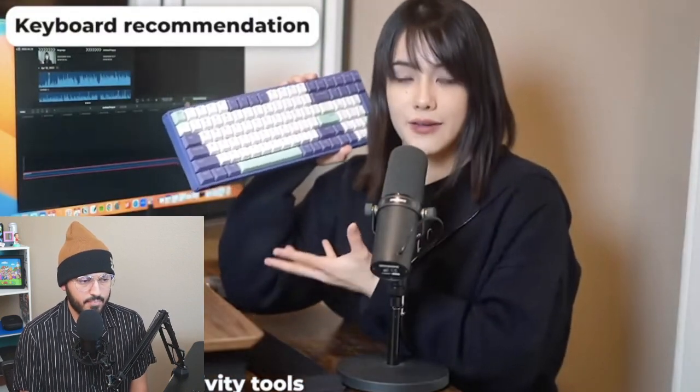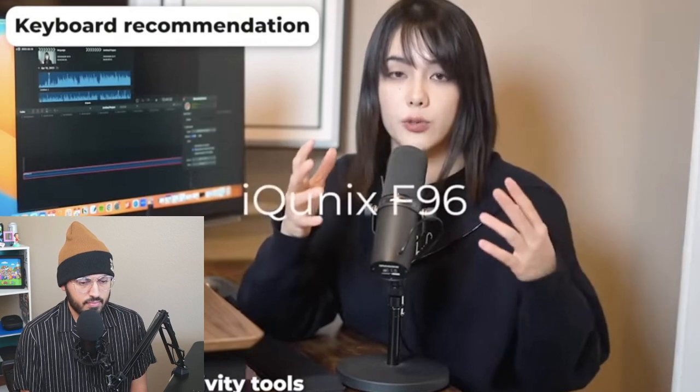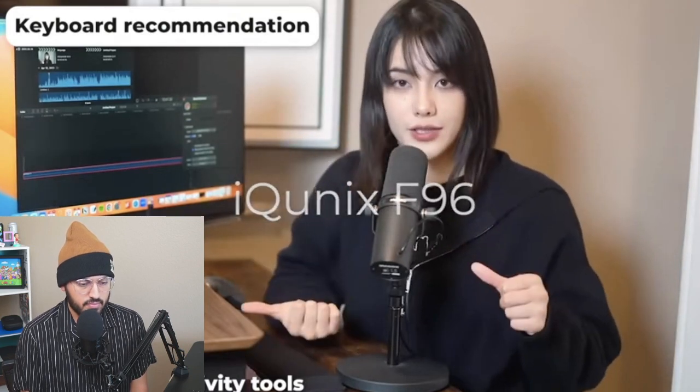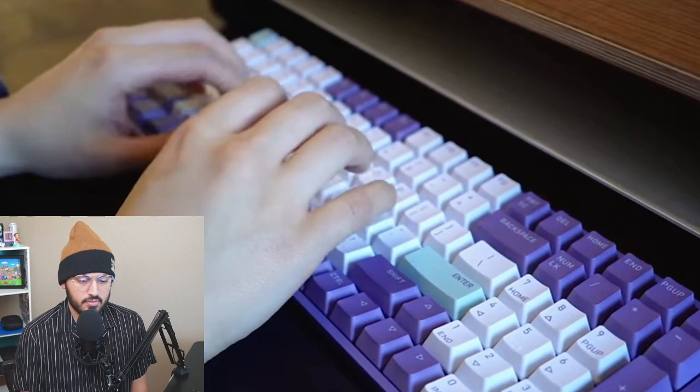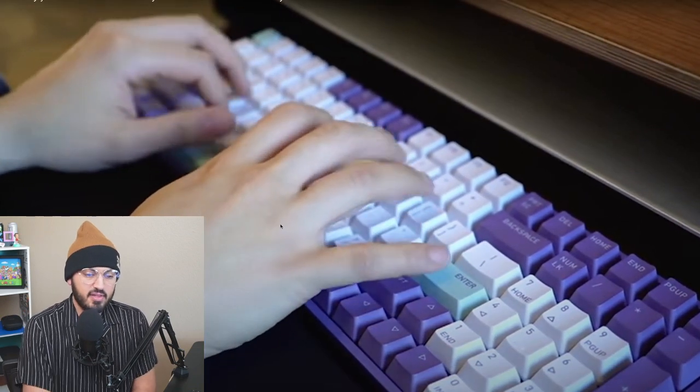Keyboard recommendation is this little guy, the iQunix F96. For a top-notch keyboard, consider the iQunix F96. This mechanical keyboard features a stylish design, customizable keycaps, and an ergonomic layout that can improve